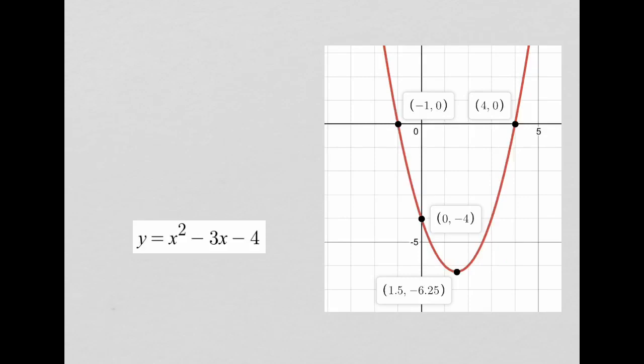Combining all of this information together, the graph of f of x equals x squared minus 3x minus 4 looks like so. Notice where the vertex is at (1.5, -6.25). The point of intersection of the y-axis and the parabola, or the y-intercept, is at (0, -4), and the points of intersection of the x-axis and the parabola are at (-1, 0) and (4, 0). And as you can see, the parabola opens